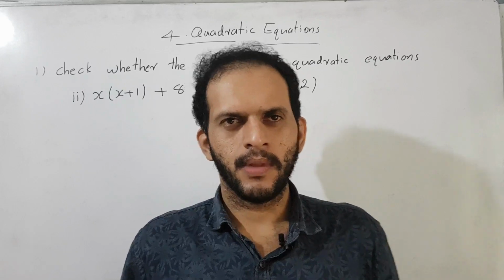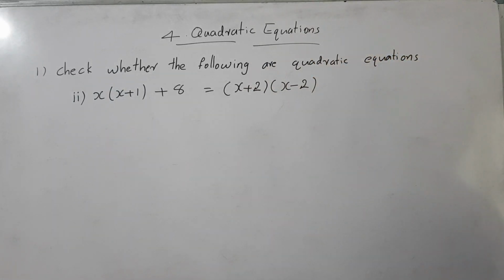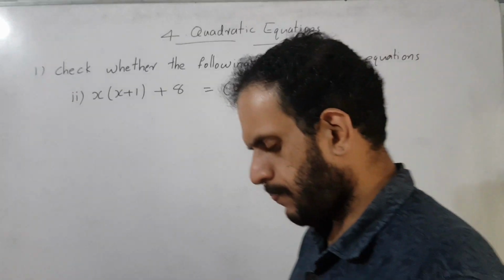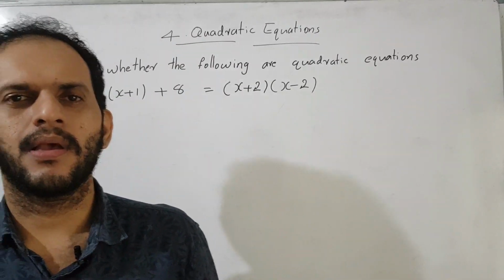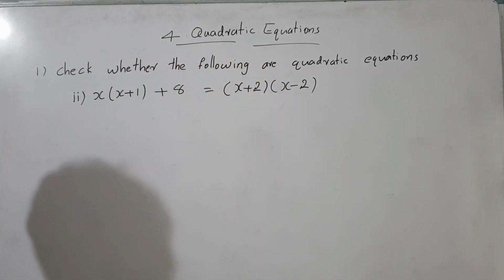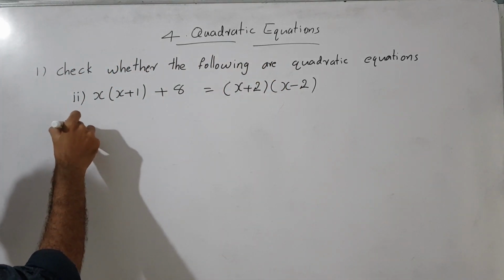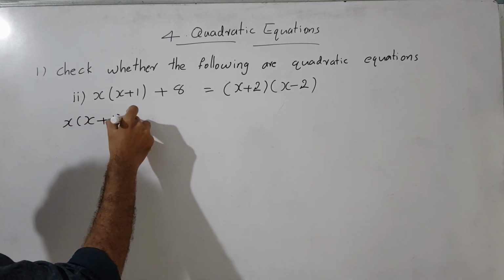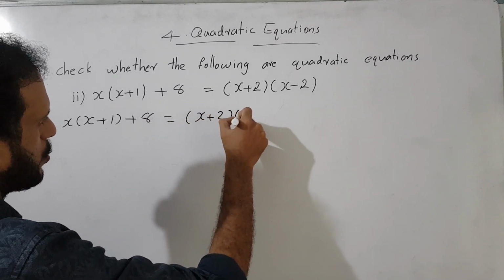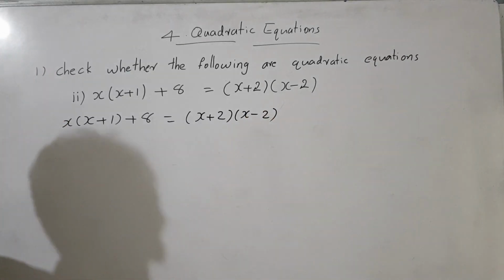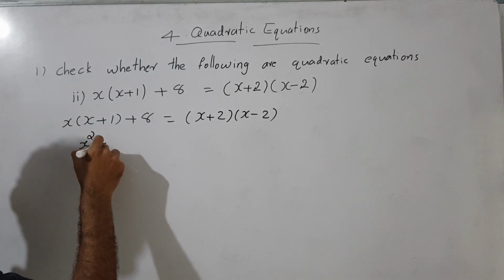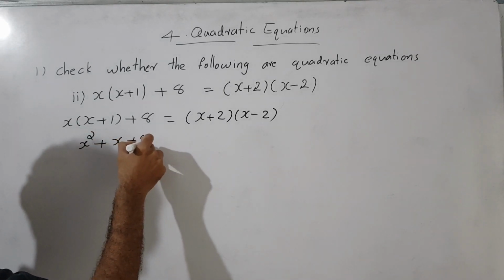The question is like this: x into x plus 1 plus 8 is equal to x plus 2 into x minus 2. Here also we need to check whether it is a quadratic equation or not. So we expand the bracket once. We write the equation: x into x plus 1 plus 8 is equal to x plus 2 into x minus 2. So expand the bracket: x into x is x square, plus 1 into x is x, plus 8 is